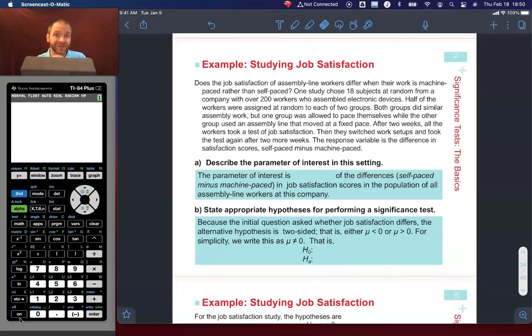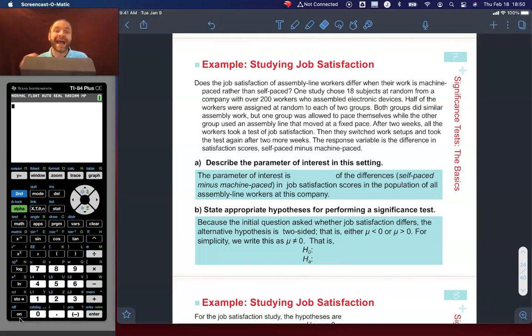It doesn't tell me if it's greater or if it's less. It just says, is it different? So I'm leaning towards a specific type of alternative hypothesis right now. So one study chose 18 subjects at random from a company with over 200 workers who do electronic